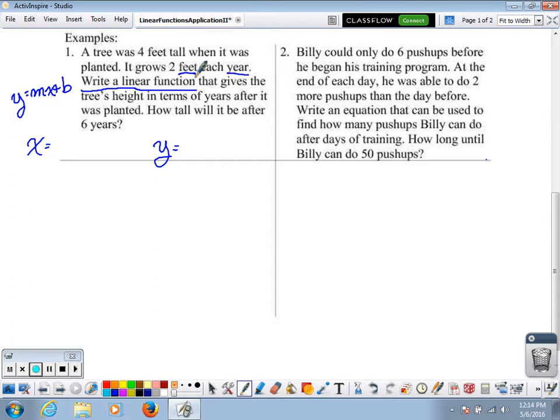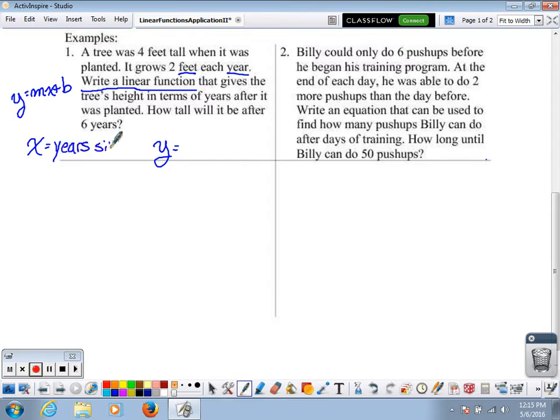It's actually going to be the other way around. The tree's growing as a result of time passing. The more time passing is what's causing that tree to grow. The growth of the tree is not causing the world to spin. It's not causing time to pass. Okay? So time, or years